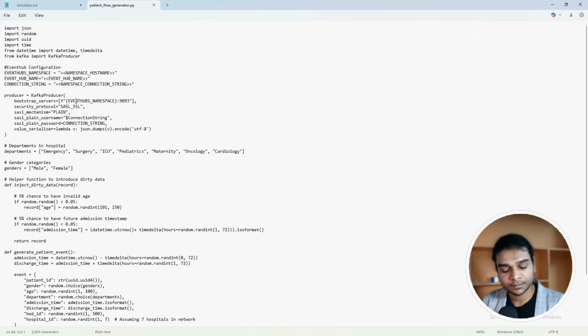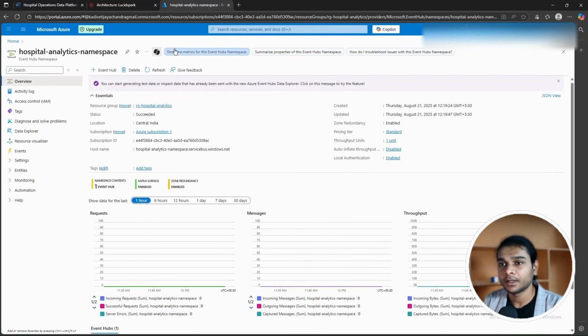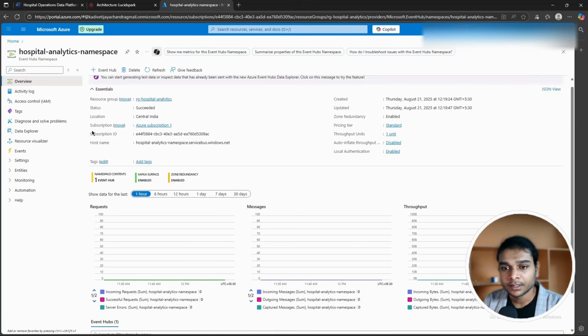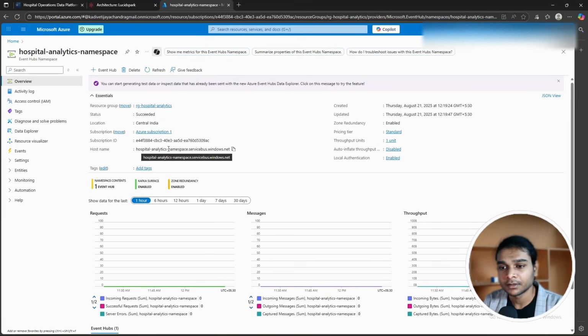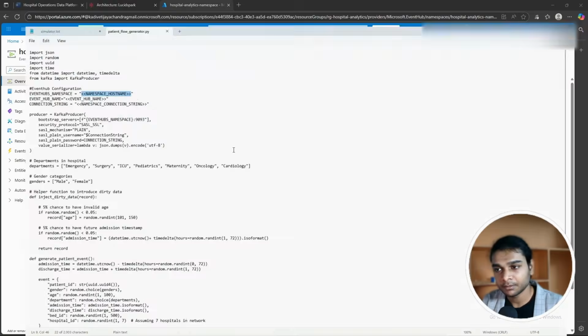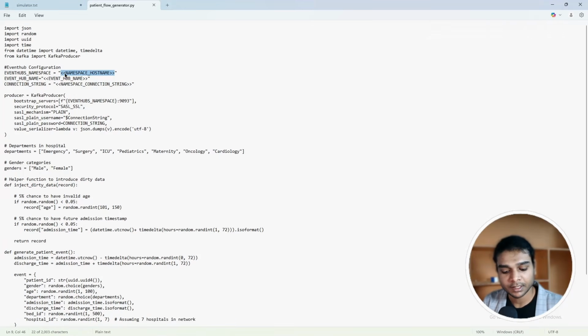And now here we can fill the namespace hostname and hub and namespace connection string in the configuration. We just need to configure this and run it right away. So firstly, we need namespace hostname. For that, we head to the namespace overview panel right here. You can see hostname right here. You need to copy the hostname, paste it here,